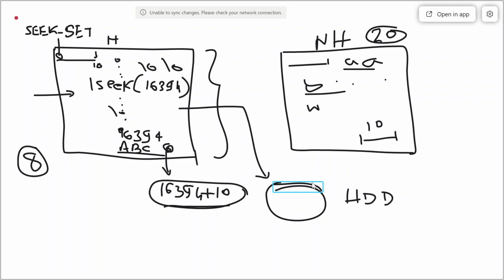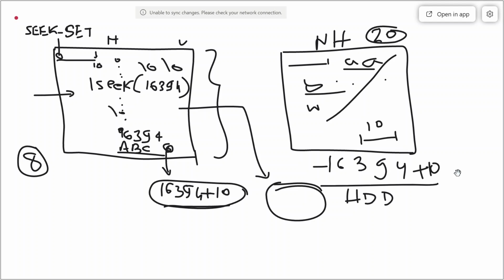So in this case, this is also going to occupy some space. If you look into the size of both files, it may be the same. This file may also comprise 16,394 plus 10. This is the file size. If you look at the size, it will show you this. But if you look into the number of blocks occupied, this is 20. So it means that the hole is not going to occupy any disk space.